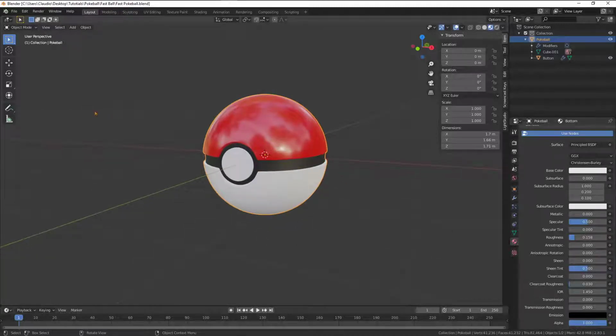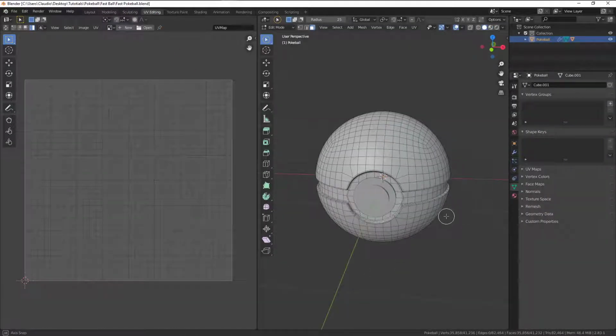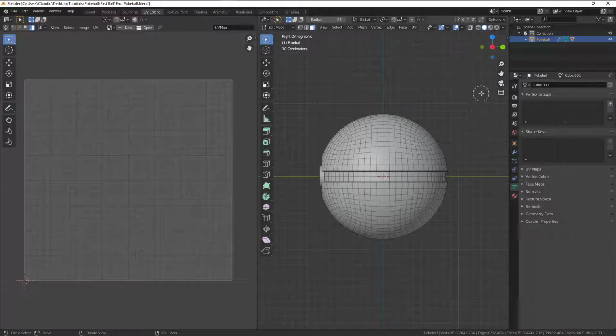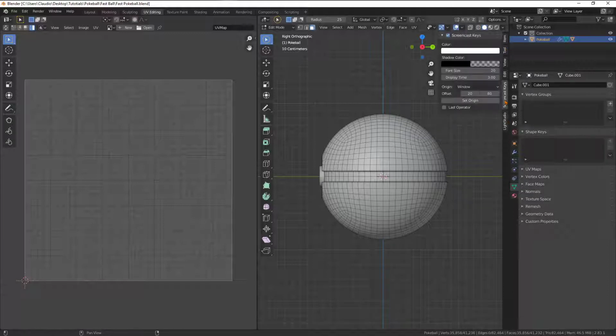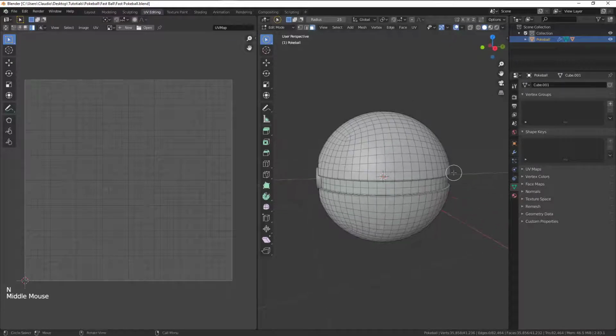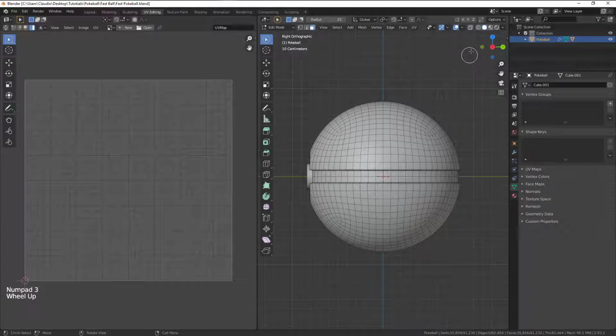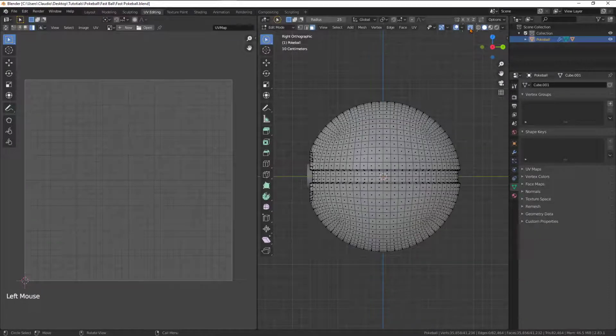All right, select your Pokeball and then go into your UV editing. Press 3 on your number pad. Actually, let me enable the screencast. Okay, excellent. So press 3 on your number pad and then go into X-ray mode,